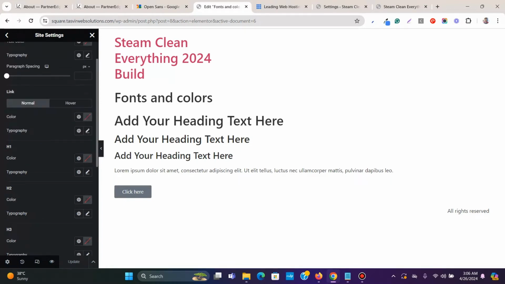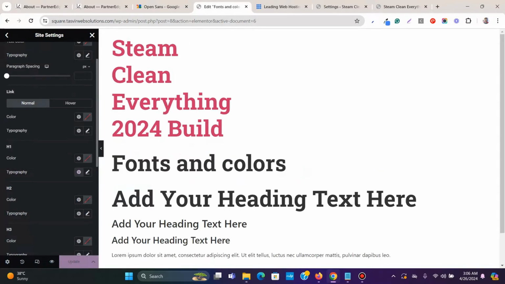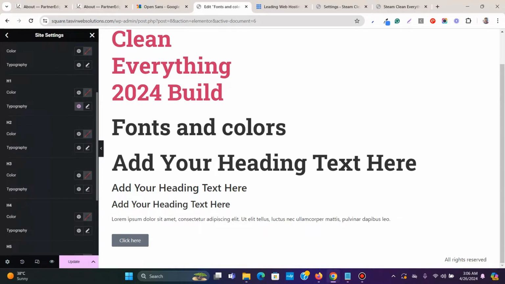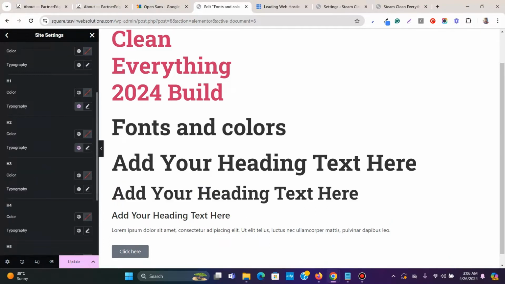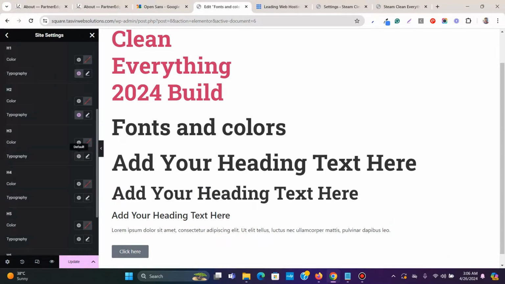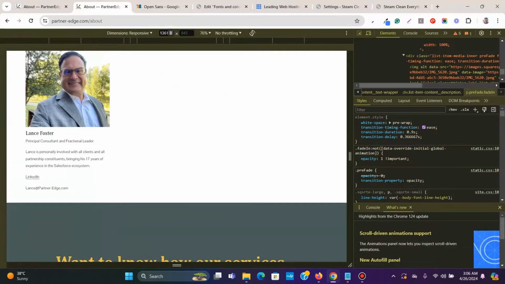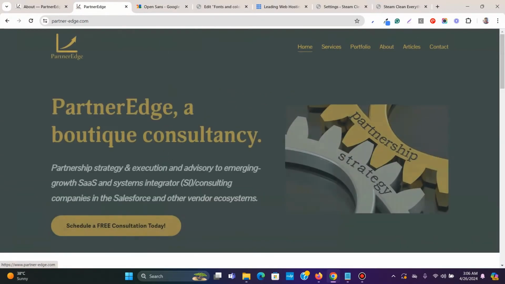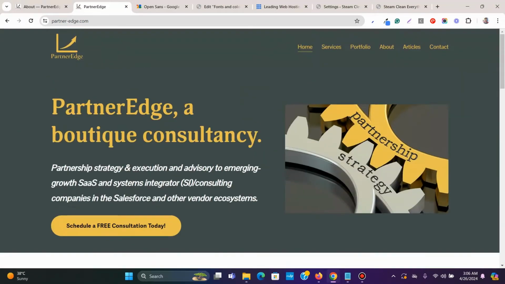Let's just do the heading text first. H1 heading, let's set to H1. You see that by default it sets it to H1, and then let's set the H2 to H2. So this is the H2, and let's set the H3 to H3. Okay, and let's just check out what colors they're using for the fonts. If I scroll down for the H1,